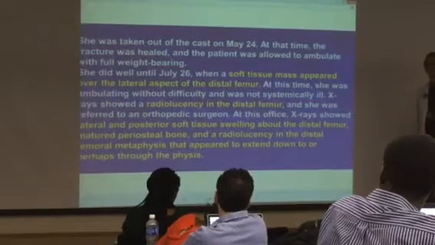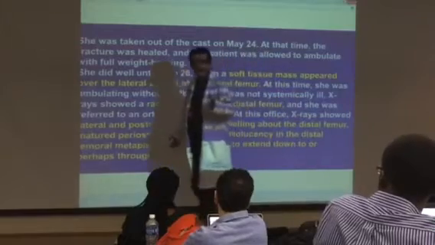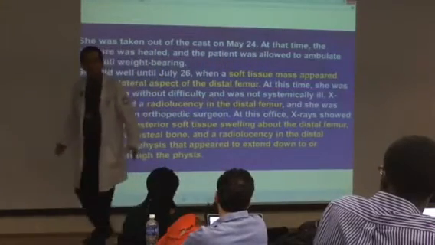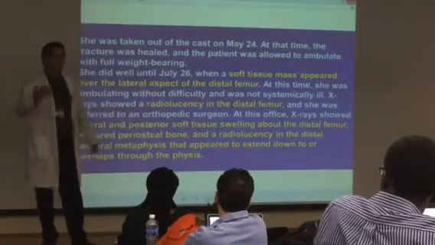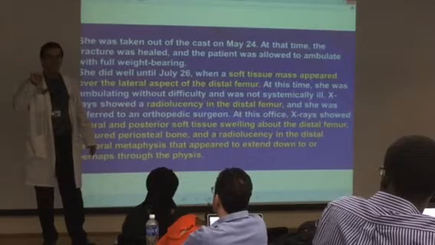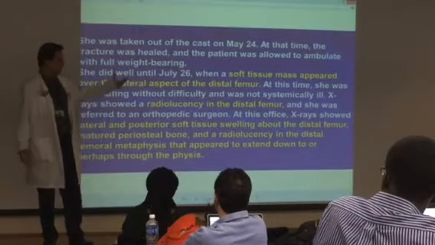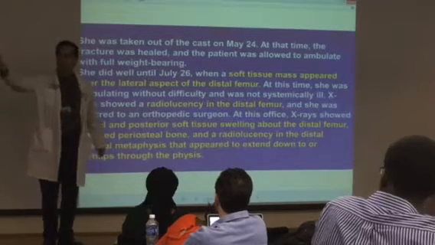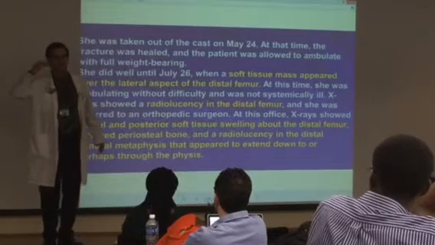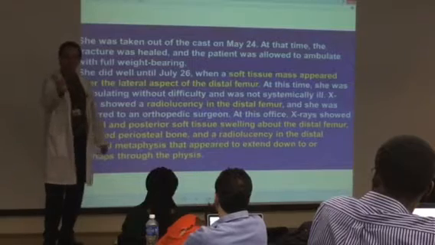This case is a case of acute osteomyelitis. This is a real case. It was missed. Originally this patient came in, they thought it was an accident, they thought it was a fracture. In reality, it was not a fracture. The patient had otitis media, and most of the time osteomyelitis, especially in children, comes from another source of infection. This patient had an ear infection, and then that infection can go and get stuck in the bone and